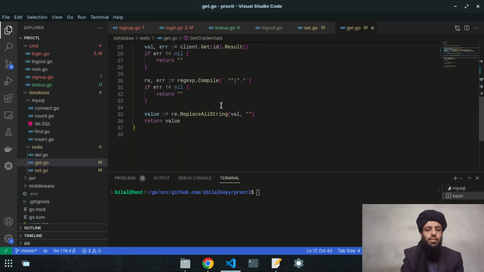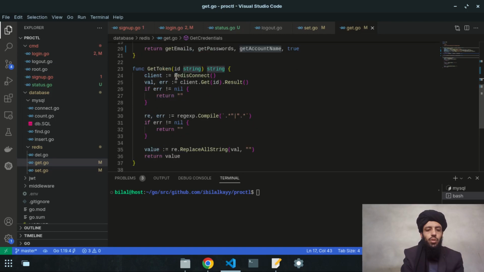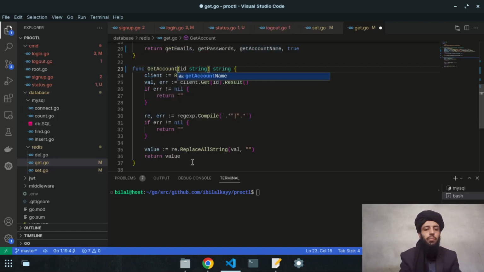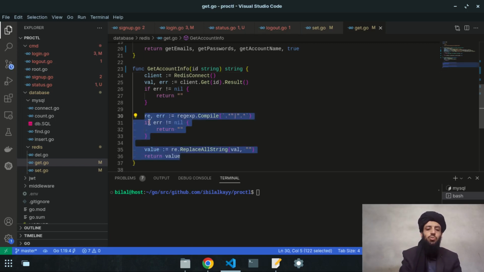get.go file, and instead of writing this get token, I will first of all change the name, like get account name, get account info. All right, so now this is not only for the account name or the token ID, it is used in all the things like account name, token name, token string, etc. So let's remove this because I used the regex command for this token, but now I will use the, let's